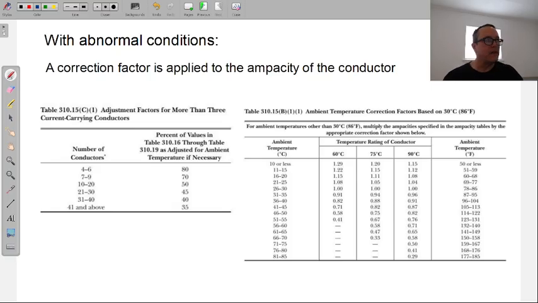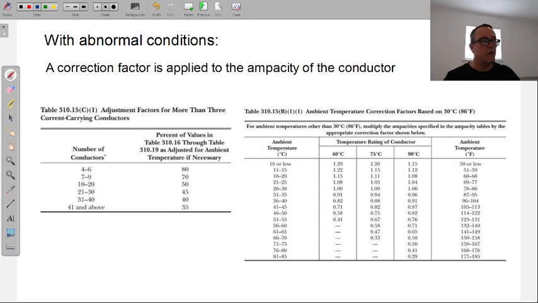Now, the only other thing out of Article 310 that we looked at, and it's kind of like just hidden within all of this stuff. And I didn't add a page for it, but I will. Let me cut the image here real quick. I was just going to go to the article, but I do want to bring the image in over here. One second. Because there's a note that I want to point out.